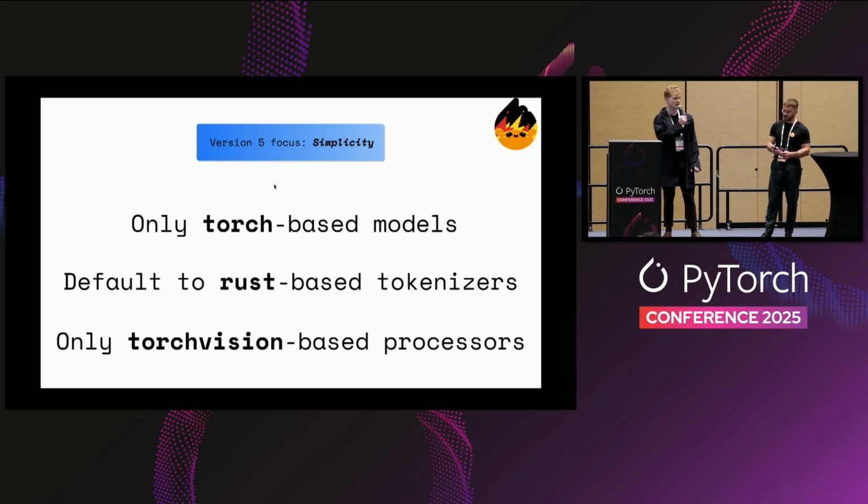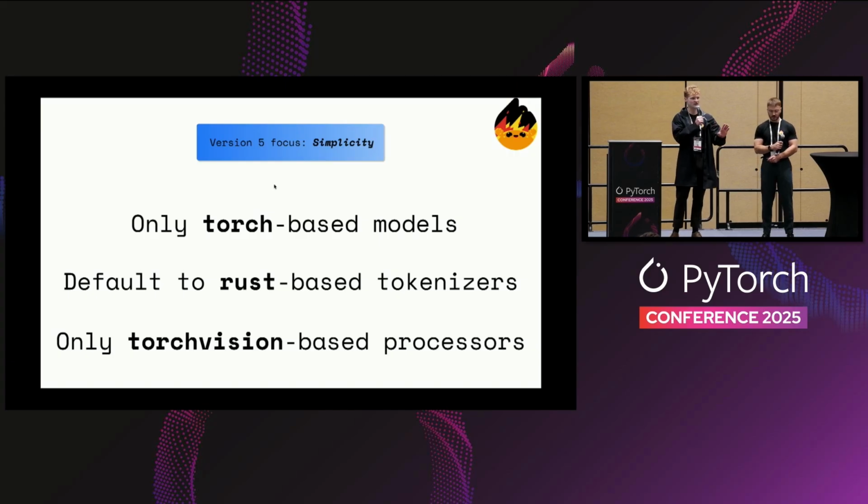Similarly, for the tokenization aspect of transformers, historically we've had two big versions, the slow version and the fast version, and we're slowly moving away from these definitions. We want to use the tokenizers library. Just as we're using Torch for the base model, we use this for the base tokenizers. By default, we will have the Rust backend, but anyone will be able to register your custom backend as long as you maintain the API contract that we have developed with the tokenization.